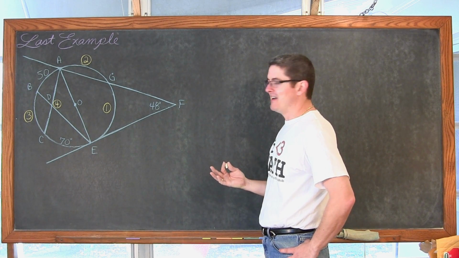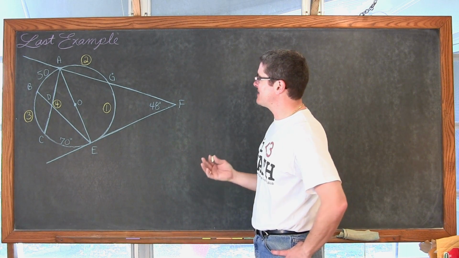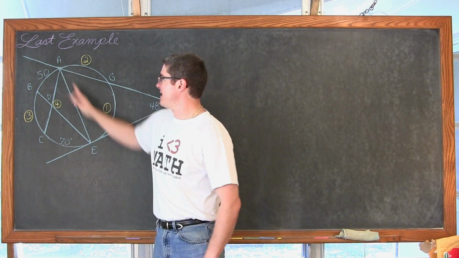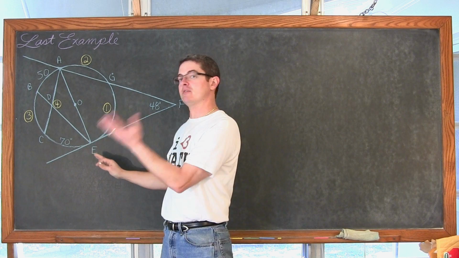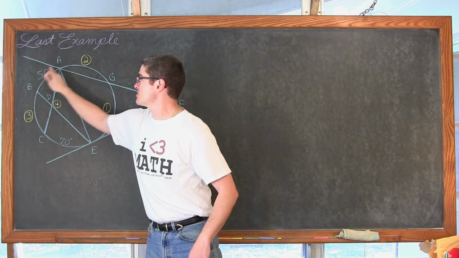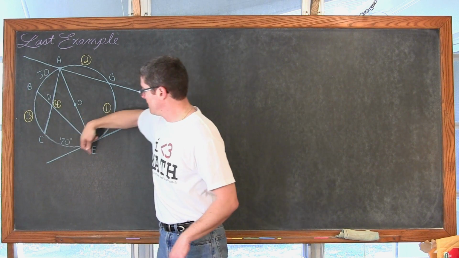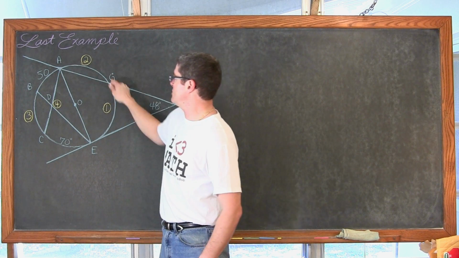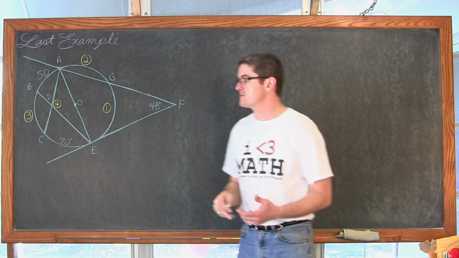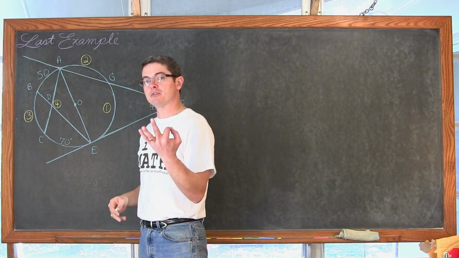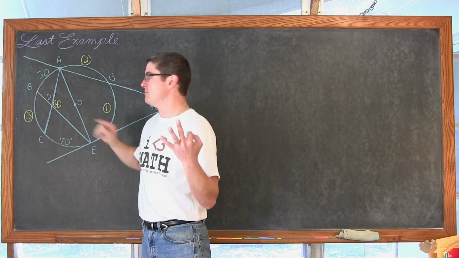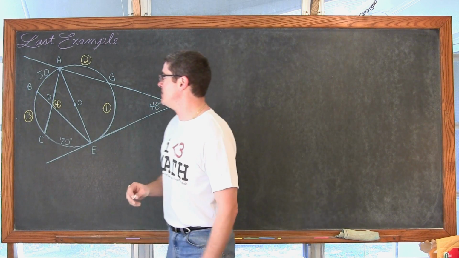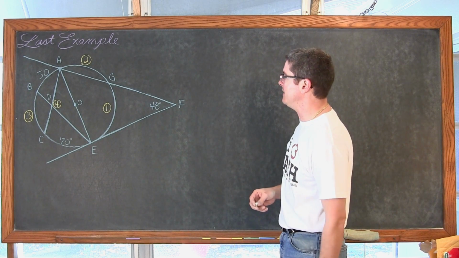Any ideas? How about we find the measure of arc BC first? Because this is a diameter, on each side of this diameter we have a semicircle. So ABE and AGE have to be 180 degrees. And this 180 degrees is made up of 3 parts. One part is 50, one part is 70, and there's only one part left. So the measure of arc BC has to make all 3 add up to 180.